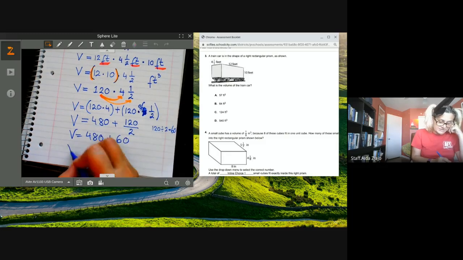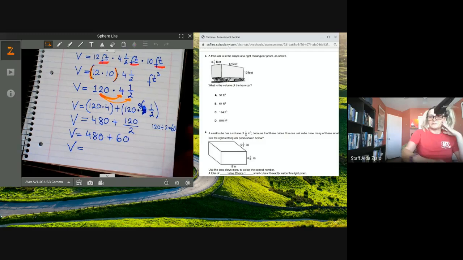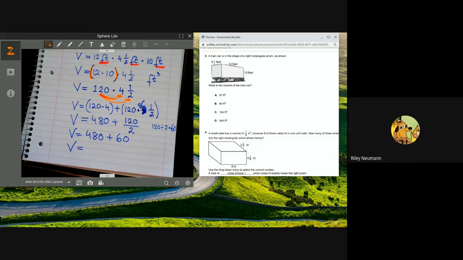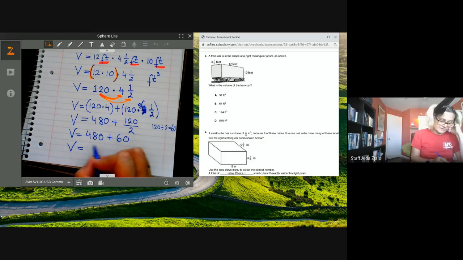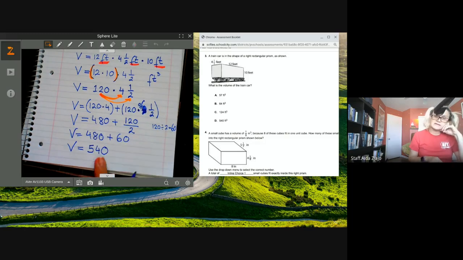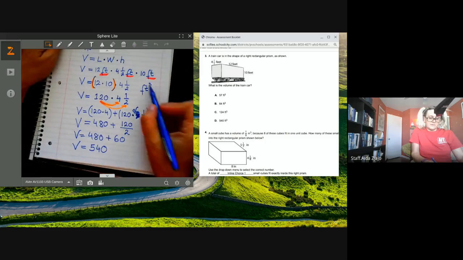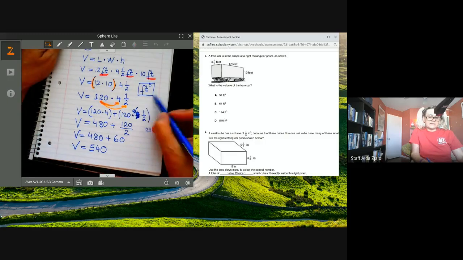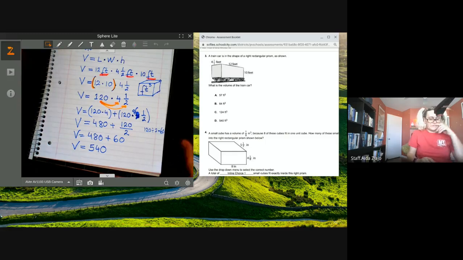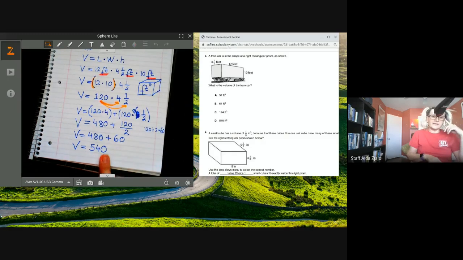And the final answer is, I'm waiting for you to do so. 540. 540, yes. But it's not just 540. Remember, before, we are calculating a cube, and that comes with what units? 540